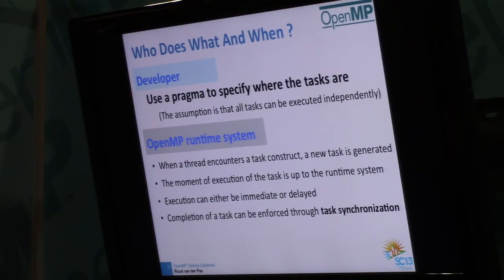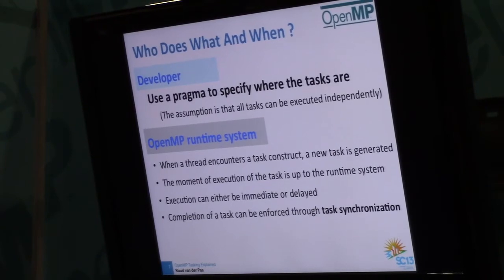There is one thing though: you can enforce when tasks should be completed. You can tell, and you'll see that in a minute, now I want you to complete all children tasks. Multiple instances of the same task? Well, there has to be, sure. Whatever you embed in a pragma omp task will be done.